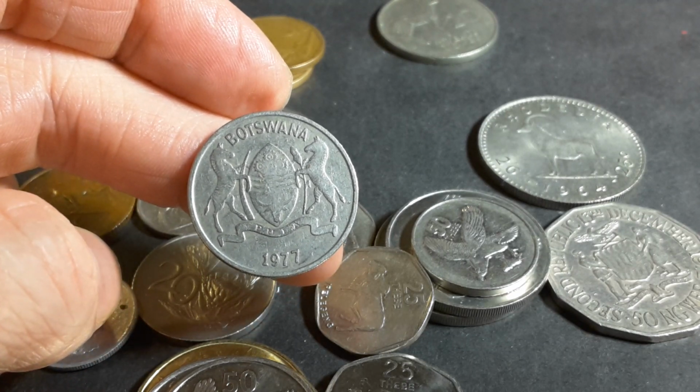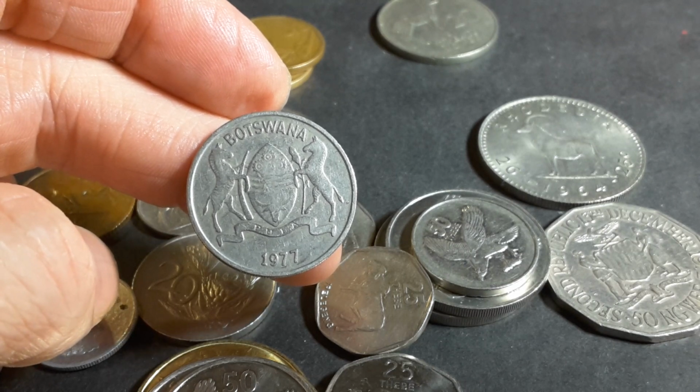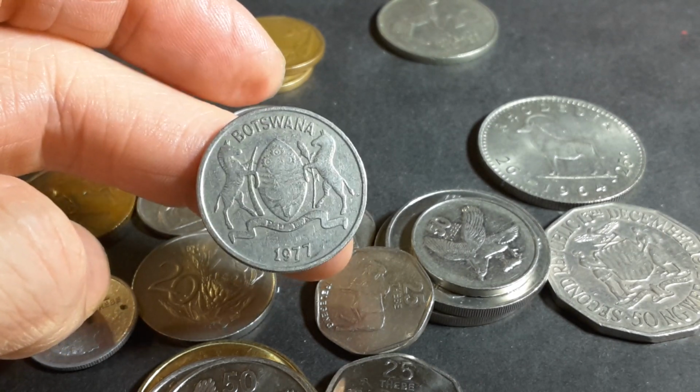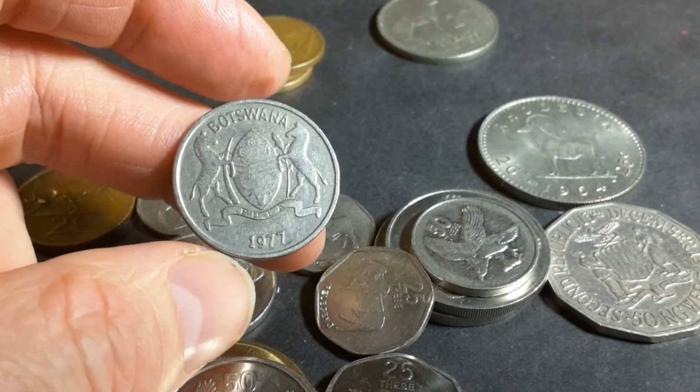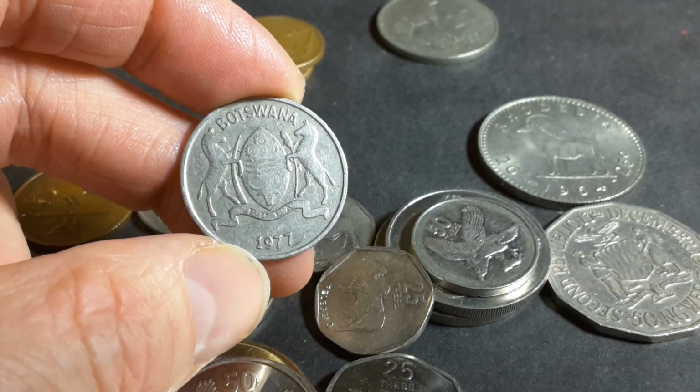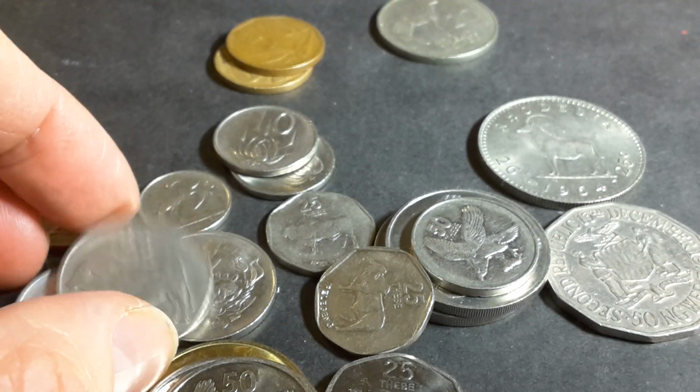And it's actually the lowest mintage from the mintage figures that I can actually see. So really, if you're going after Botswanan coins, you want to get these ones, even though this is pretty circulated. And then we have